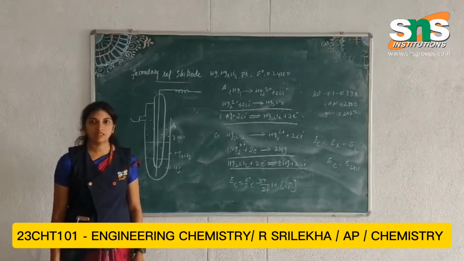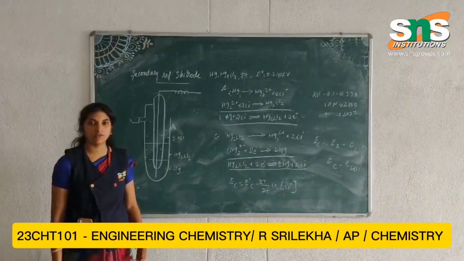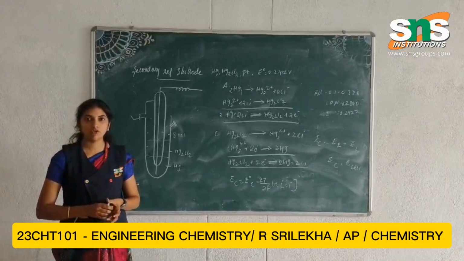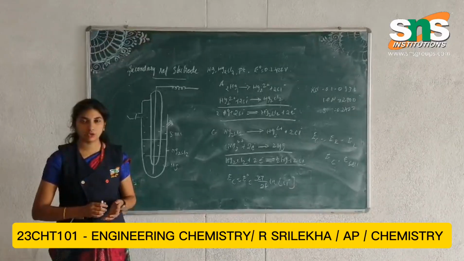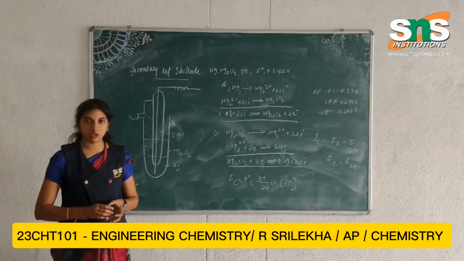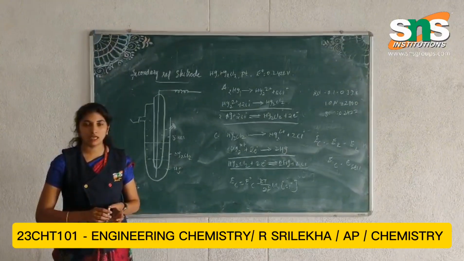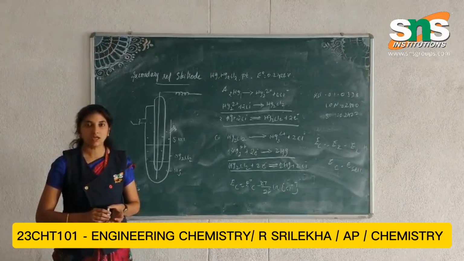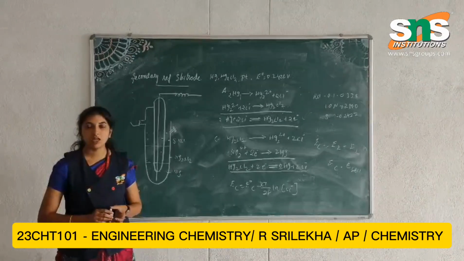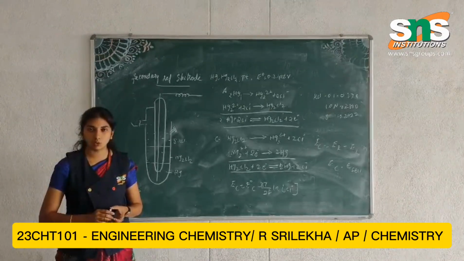In the previous sessions, I have already discussed the reference electrode. A reference electrode is coupled with another electrode whose potential is accurately fixed as zero. The primary reference electrode is the SHE, which uses 1 M HCl and H2 gas at 1 atmosphere pressure, with an EMF of 0 volts.